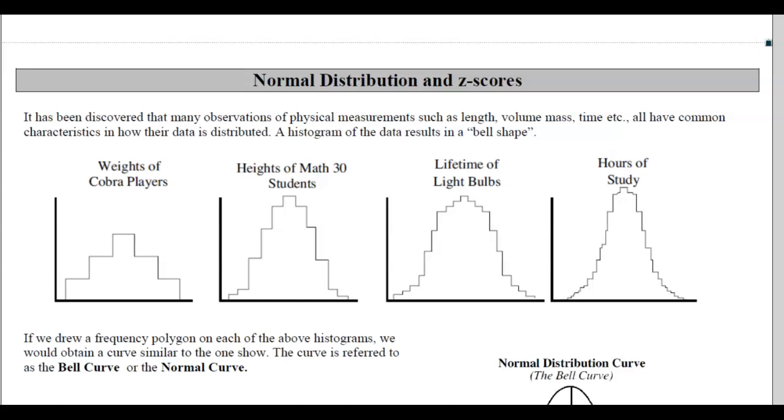Okay, so normal distribution and z-scores. Well, what does that mean? So if you've ever heard someone talk about the bell curve, that's a normal distribution. It is a statistical concept based on data that's collected on different things. And if data collected follows a normal distribution, that means when you prepare a histogram or a curve joining them,